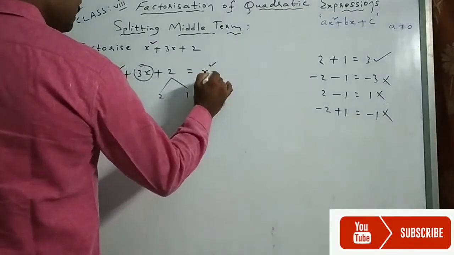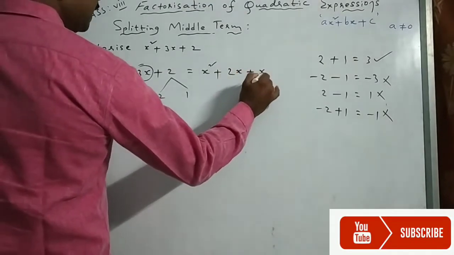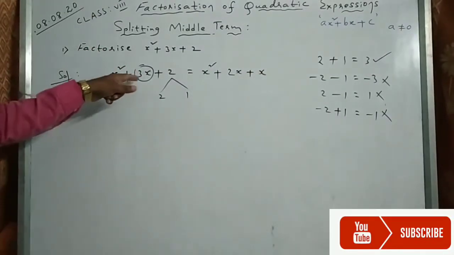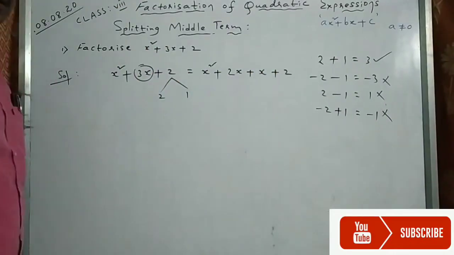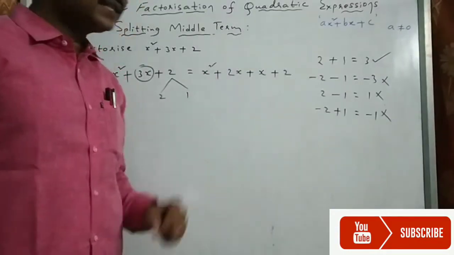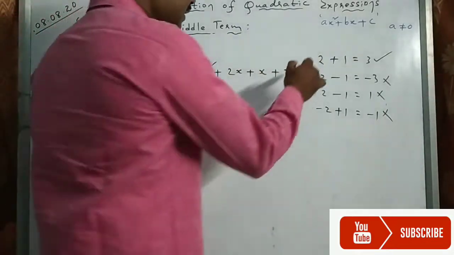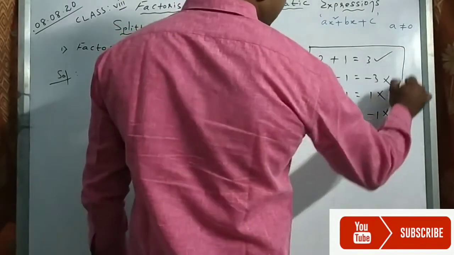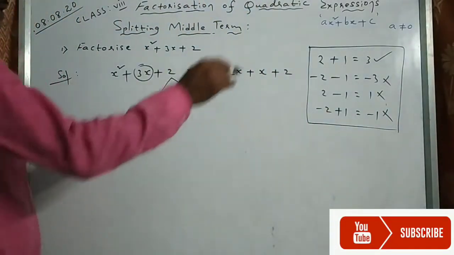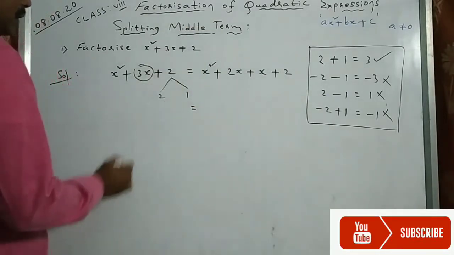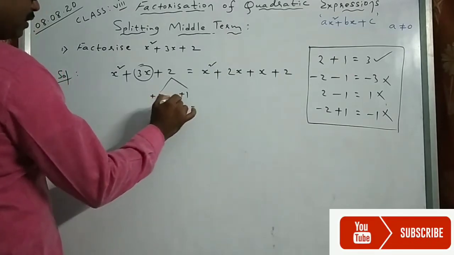That is, x square plus this 3x can be written as 2x plus 1x. Got it now? How did I write plus 3x? 2x plus 1x plus 2. Why should we write only plus 2x and plus x? Because the factors of 2 are 2 and 1. This is a very important concept here. For every problem, until you understand perfectly, you can write that. Now, this plus 3x is written as 2x plus 1x. So, for both numbers, we have to give plus here.